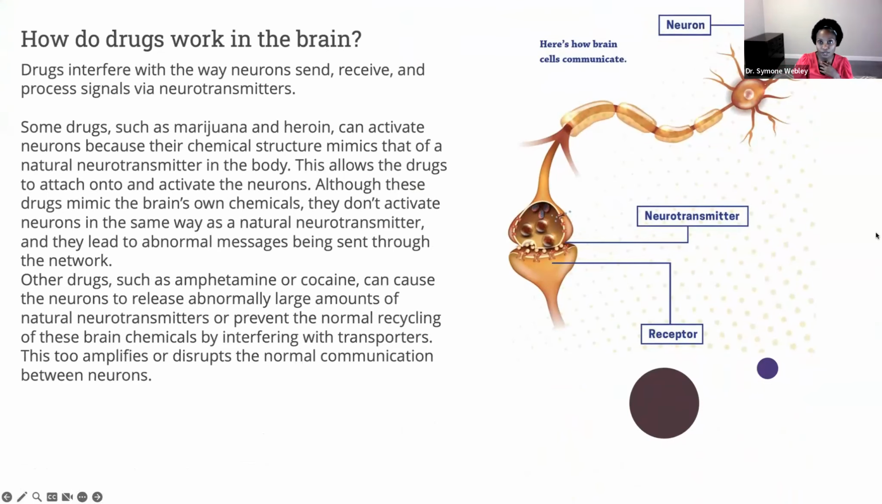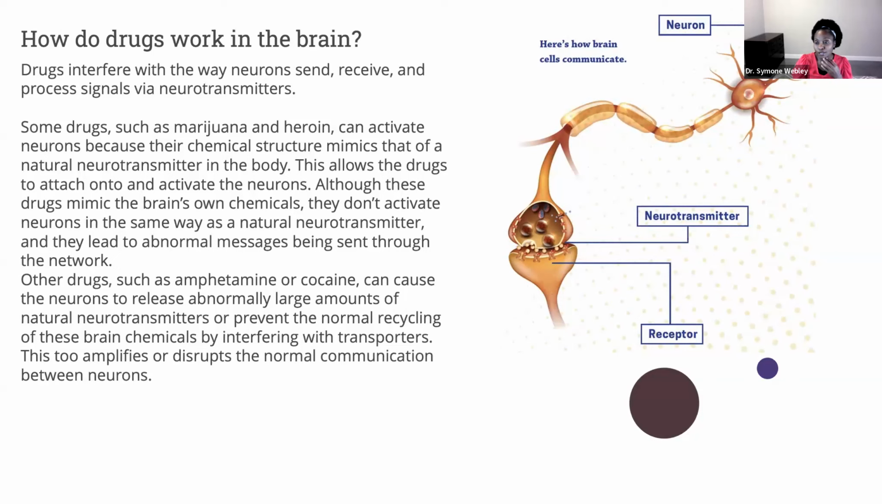So how does the brain work? So how do drugs work in the brain? Drugs interfere with the way that neurons send and receive and process these signals from the neurotransmitters. Some drugs, such as marijuana and heroin, can activate neurons because their chemical structure mimics that of the neurotransmitter